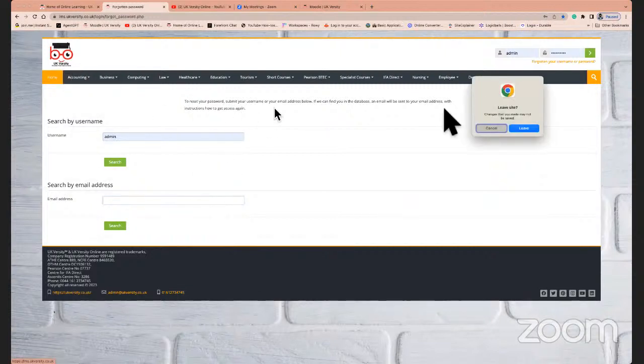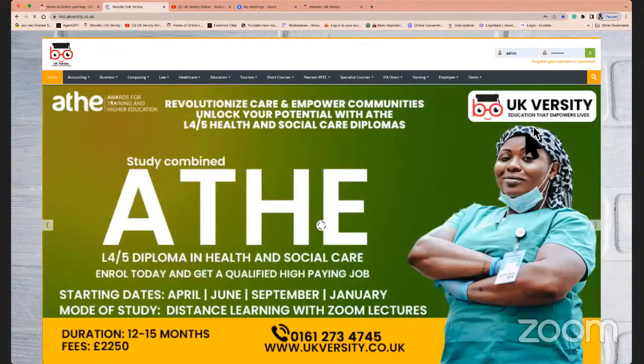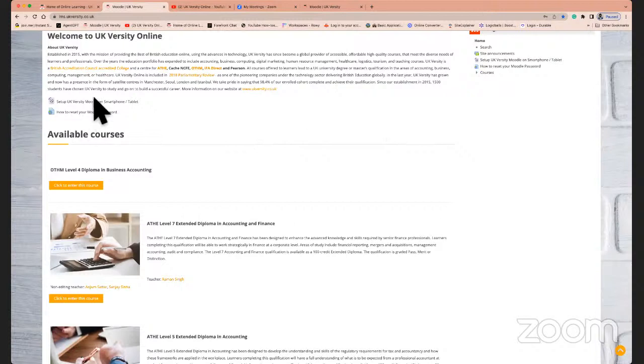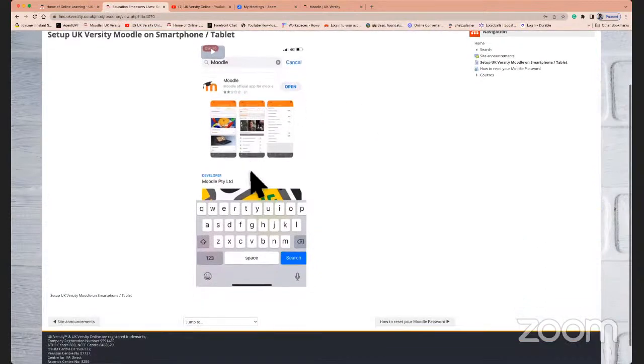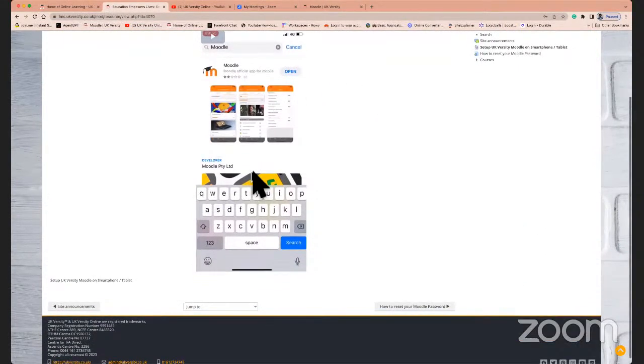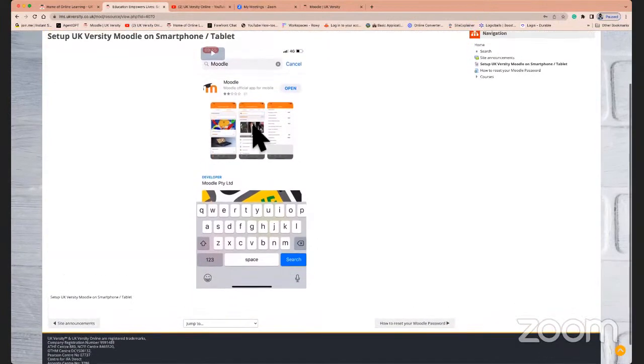Now, if you want to set up this system on your phone or on your tablet, then there is a free app that you can do that with. That would be a small setup that you need to follow in 4 steps. So wherever you have access to the internet, you'd be able to take the course material along with you and have access to it. So there's an app called Moodle. What phone do you use? Do you use Android or Apple phone?